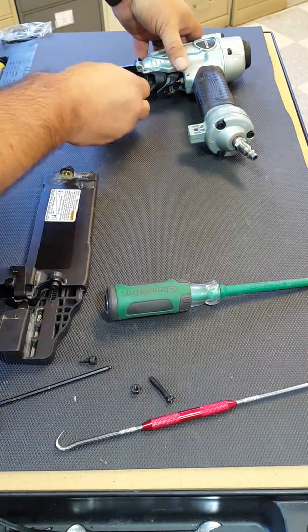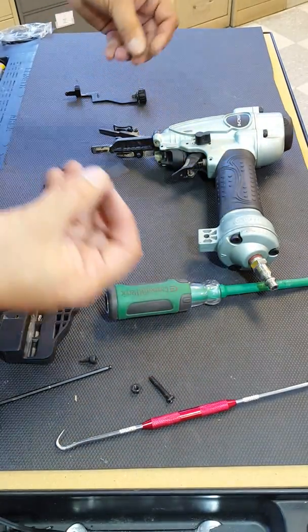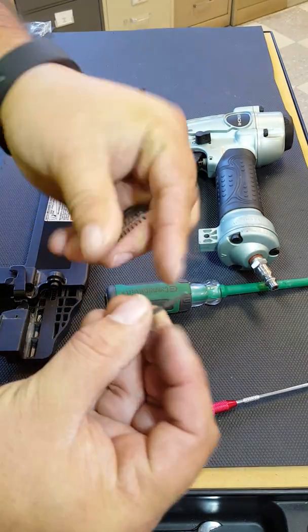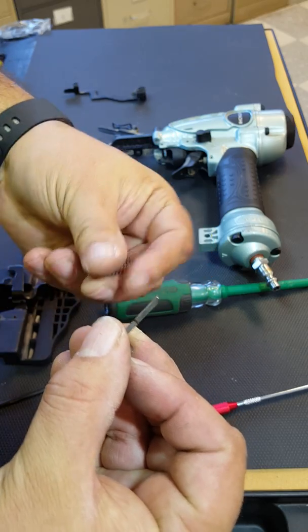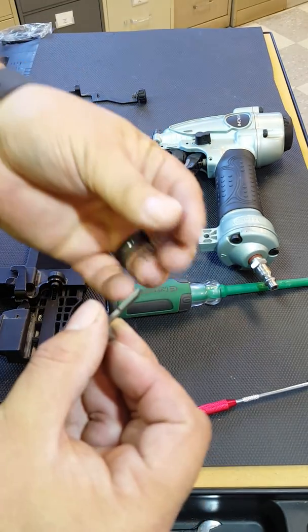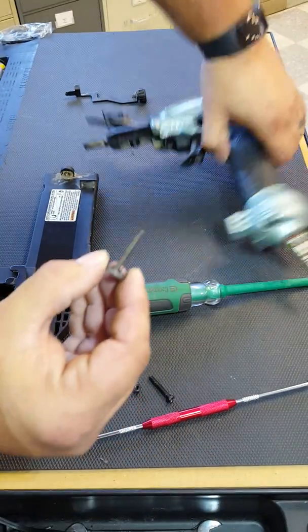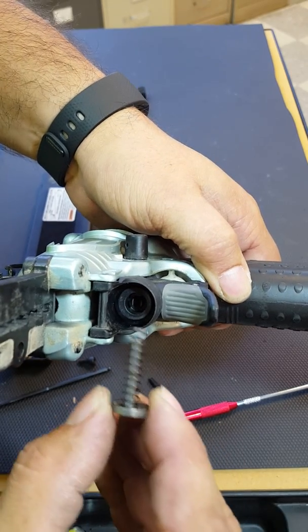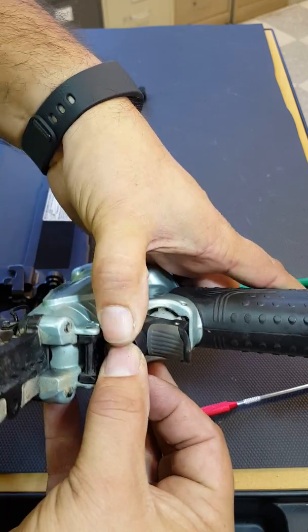When we took the magazine off the nailer, the push lever came out. The push lever has a spring. This goes up into where the trigger is here. There's a straight side and a slanted side. The slanted side is going to go toward your trigger. So you put your spring back on, position it so the slanted side, there's a hole up inside there, a slot, and the slanted side is going to go toward the trigger. So you put that up inside there, hold that,